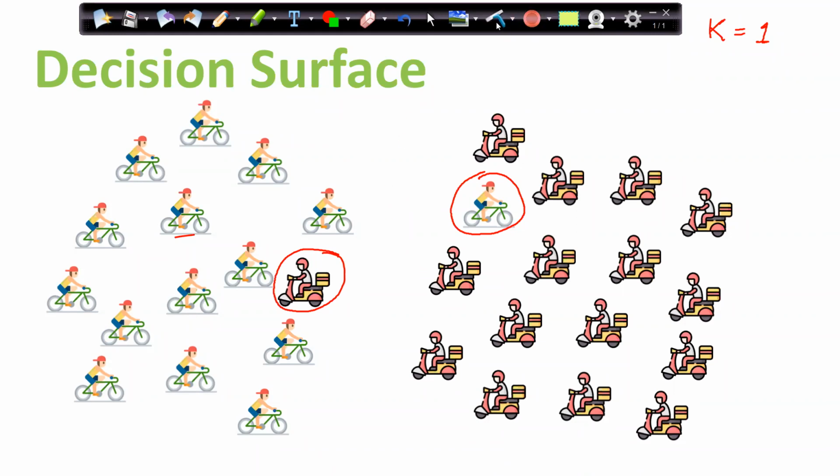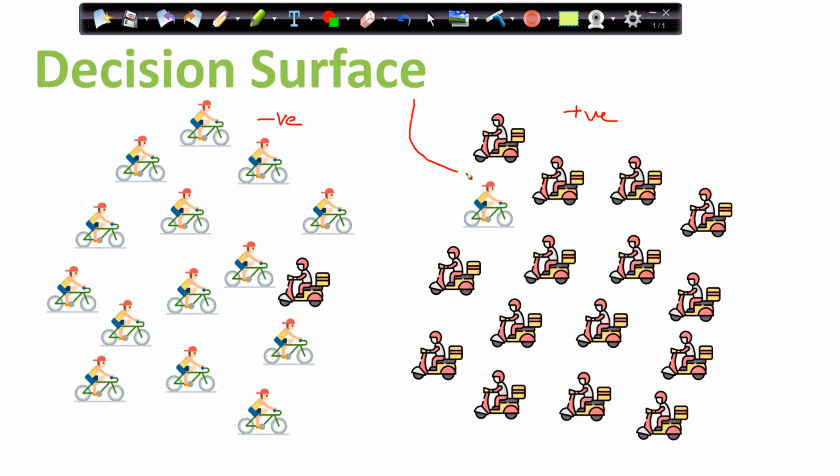Now, as a layman, suppose I ask you, can you draw a line in a way that will segregate my positives and negatives properly? Let's say this is my negatives and that is my positives. Those guys who are going to the office by bicycle are my negatives, and those guys who are going to the office by scooter are positives. So what will you do?